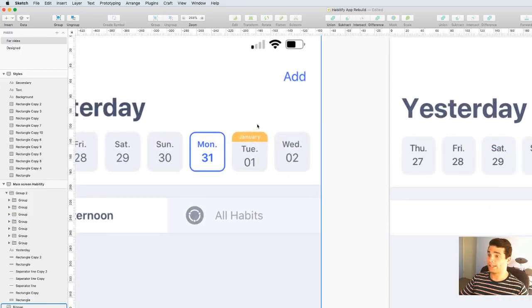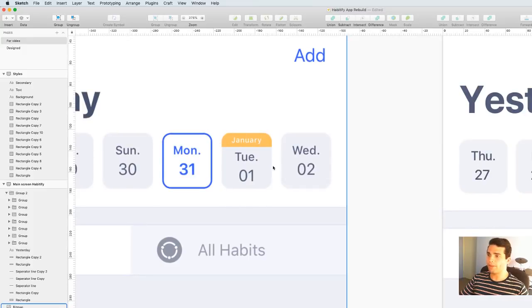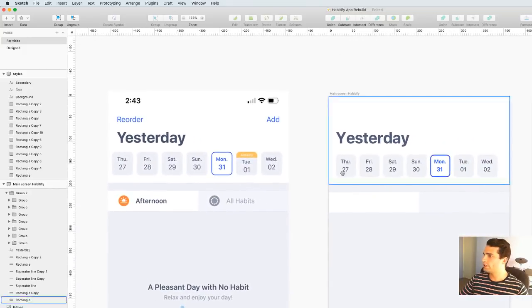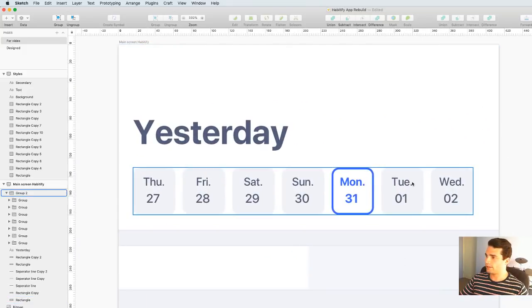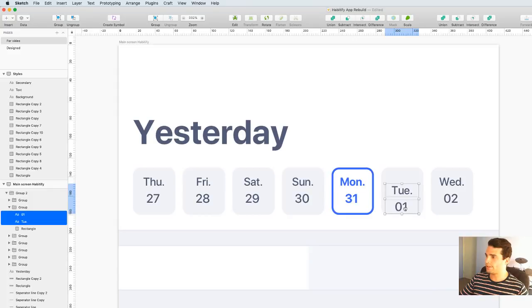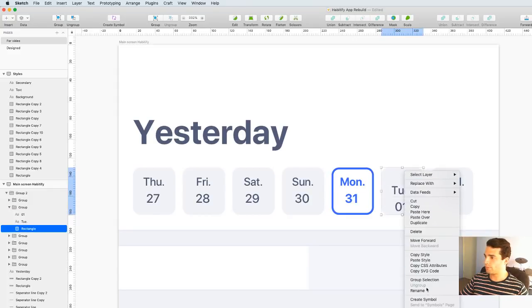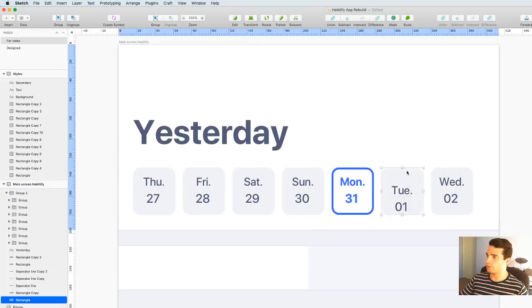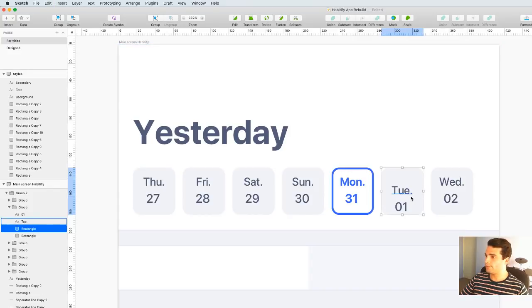And we've seen here that this is a new month. So they've got a yellow banner to signify that it's part of a new month. So we'll make the same thing over here. So we'll shift these down a little bit. I'm going to copy, just going to use my shortcuts here. C, V, drag this up and change the fill